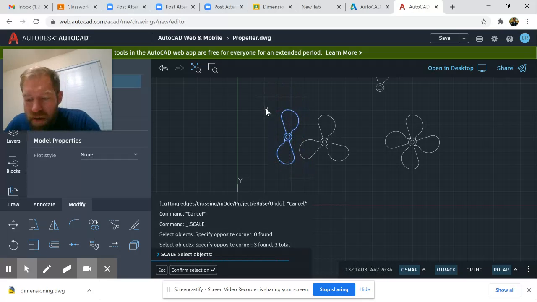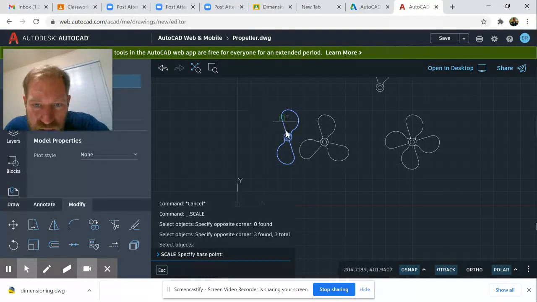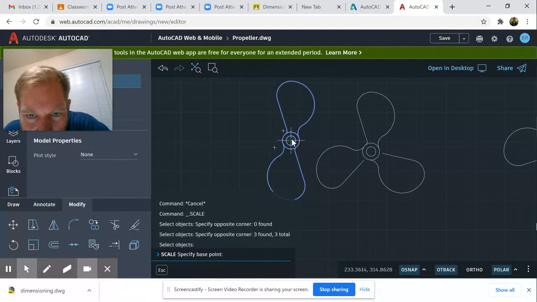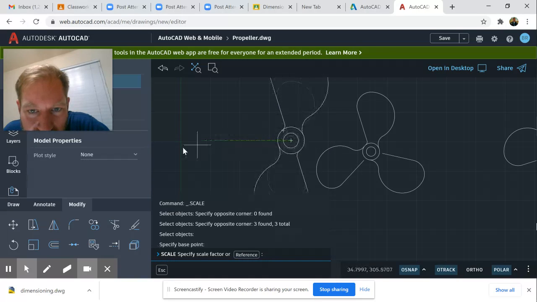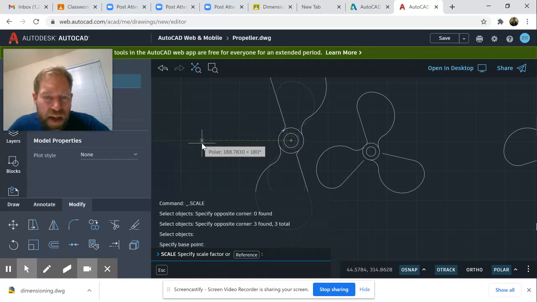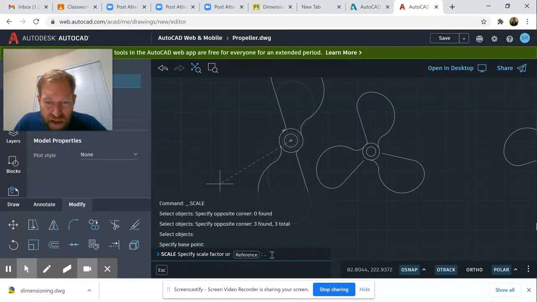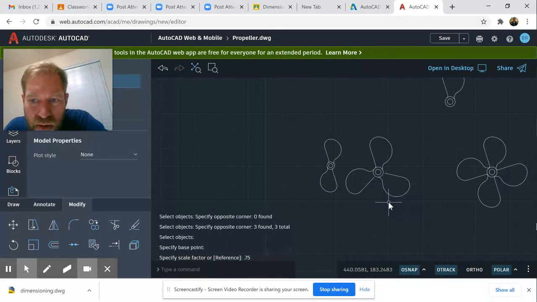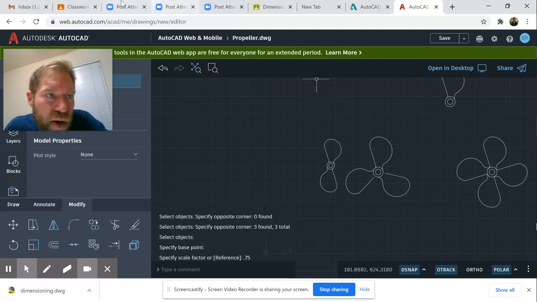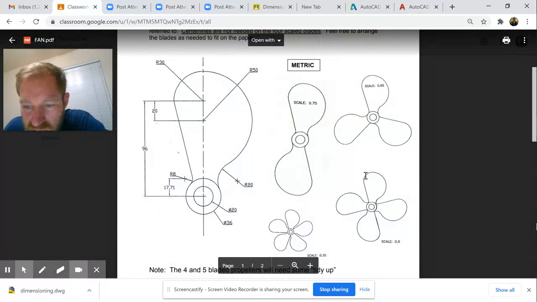And then I got that one, and I select it, specify the base point. I'm going to specify the exact center, and then you can see as you drag your mouse back and forth, it's a rubber band, it stretches it, but I'm going to type in point. Let's see here, specify scale. I'm going to type in 0.75 here on the command line, hit enter, and you can see it just got a little bit smaller. So I think the smallest one we had was a half scale,